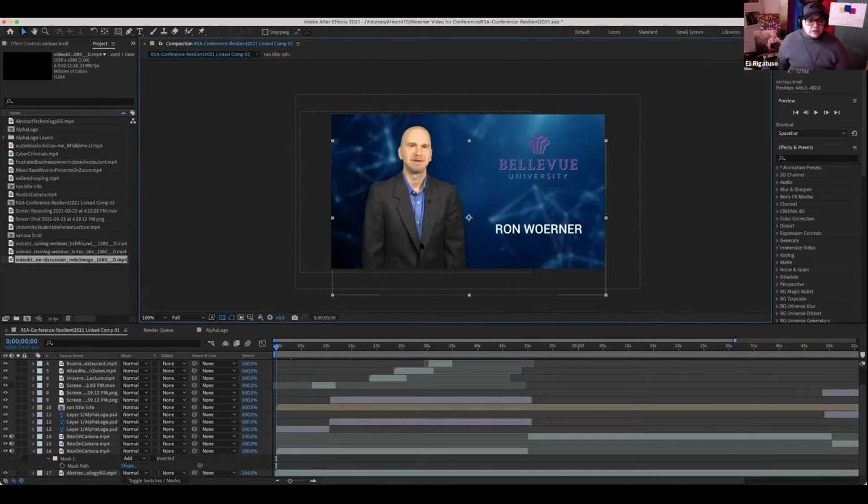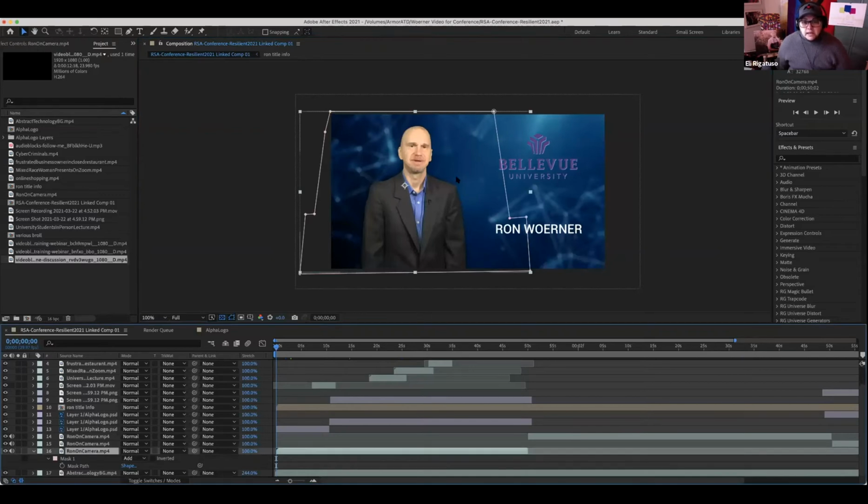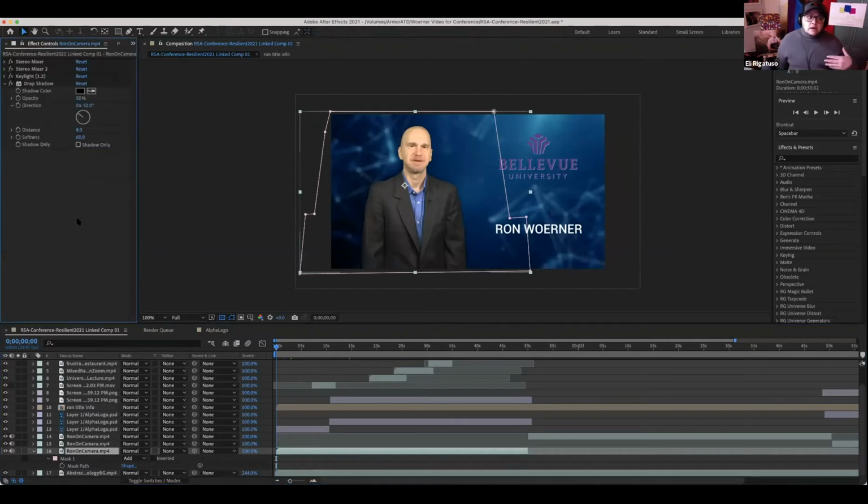In order to actually move or select Ron, I would need to use this little arrow here, which is the selection tool. And then I could come down and select Ron on camera. And then anything that's applied to Ron, either effects, masks, right? That's one of the things about After Effects that is really cool, the masking capability. You can do very rudimentary masks, which is basically this mask that I have on him on that keyed out background because